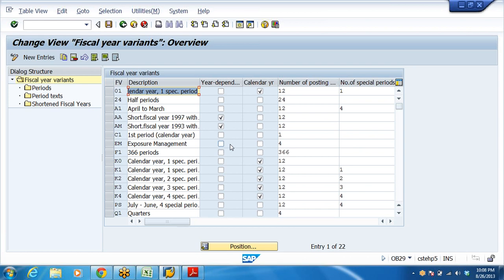All group companies are using calendar year, except the India company and one other company in Singapore, which are using April to March. Now management has decided to move everything to calendar year, and they want to redefine the Indian requirement through special ledgers, etc. They asked us, and I have given a clear note that it is better not to change